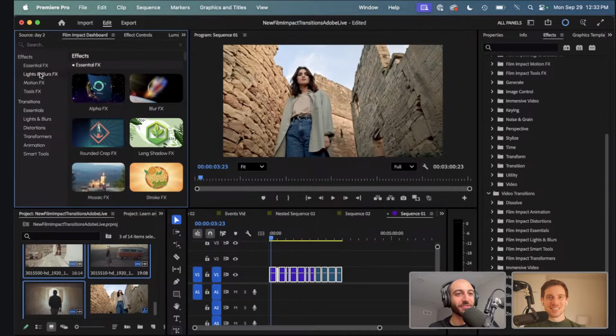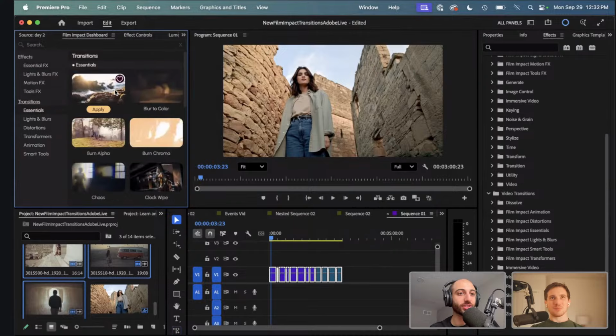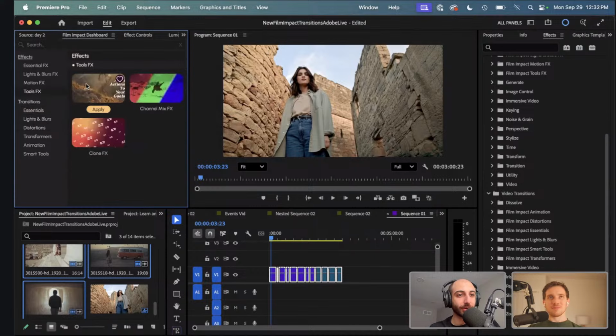That's why we're live. But yeah, so this is the new Film Impact dashboard. It's even got a cool new way to view the transitions, so you can hover over and see a quick example of the transition. But the thing that I really like about these new effects is not only are they good for video, like I was showing, they're good for text and shapes. So in this case,